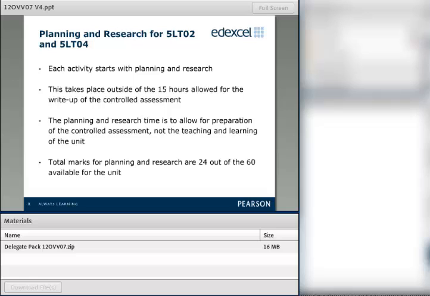Now, the planning doesn't have to take part in the 15 hours for the write-up. We would tend to suggest that as you hand the assignment to the candidates, and I'm not suggesting for 1 minute that you would hand it all to them in one go, most of you would break it down into activities and even subdivide it within the activity itself. As they get that, they start to plan how they're actually going to approach that activity. And that's certainly the way that we've found it has worked best in the past.